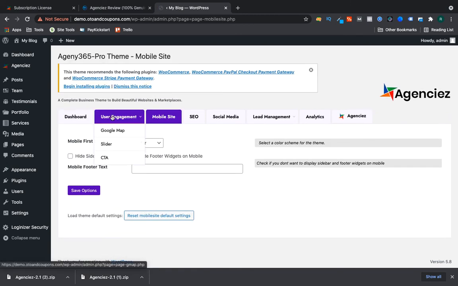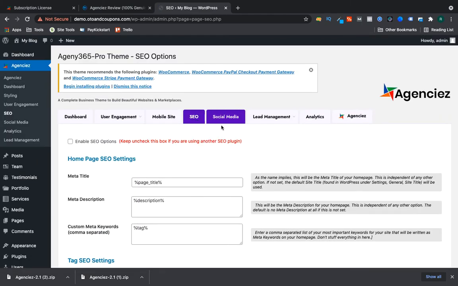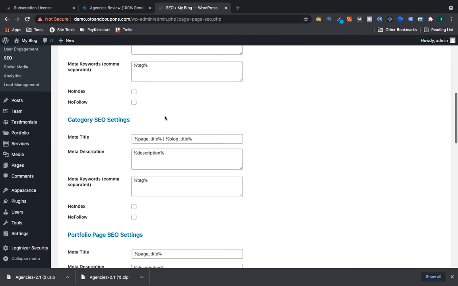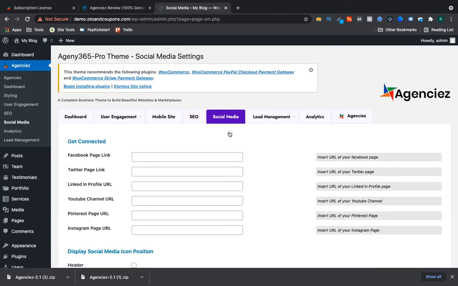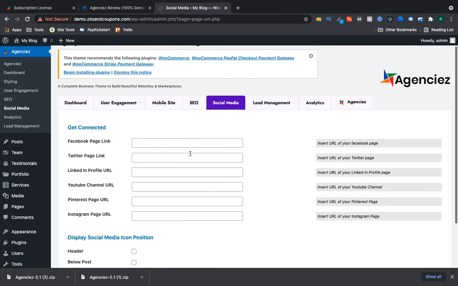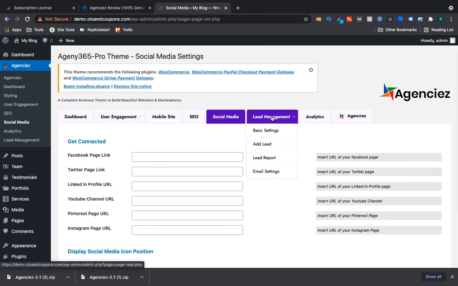Then we have some more options here. For example, user engagement, I can add these things. Then we have mobile site, then we have SEO, so we can set our meta and all the stuff here. Then we have social media platforms. I can put down the link, and I can also show them on the header and footer. Then we have lead management.